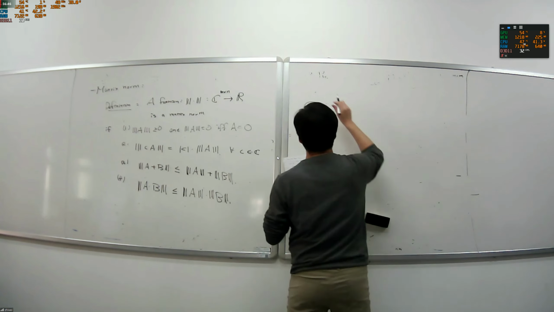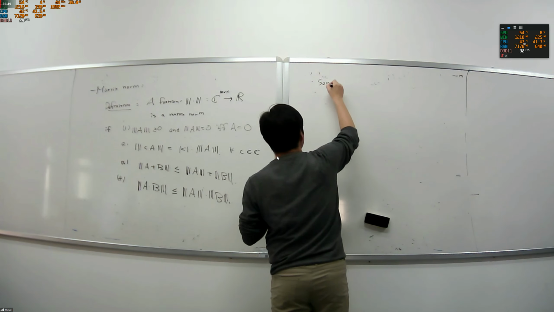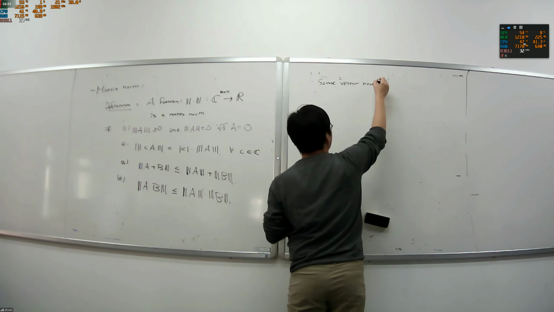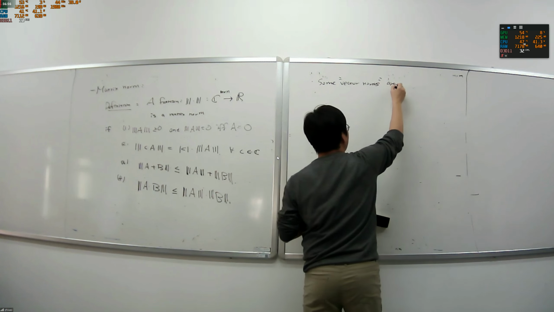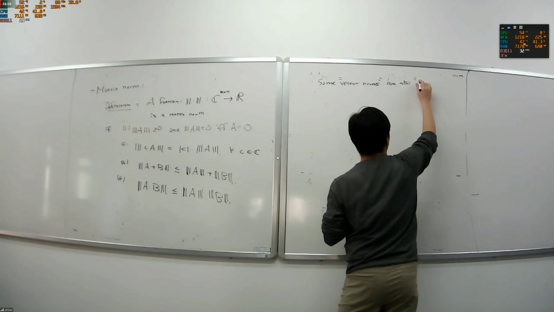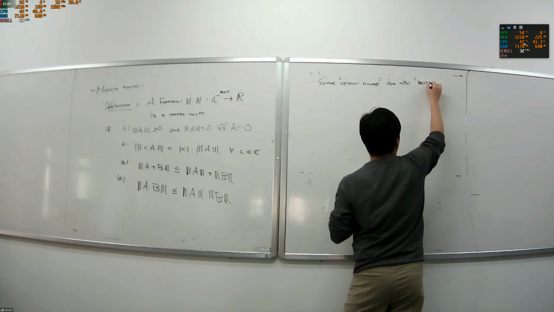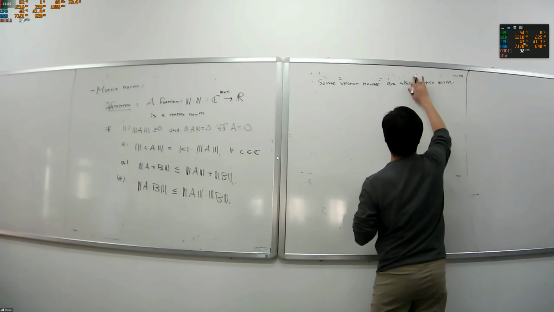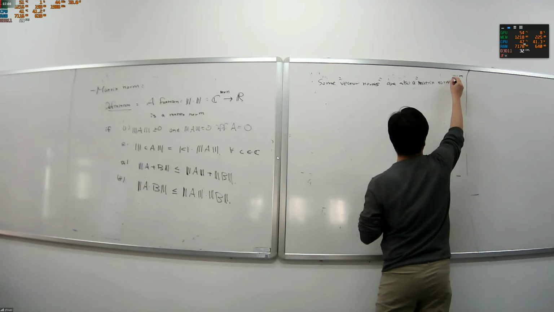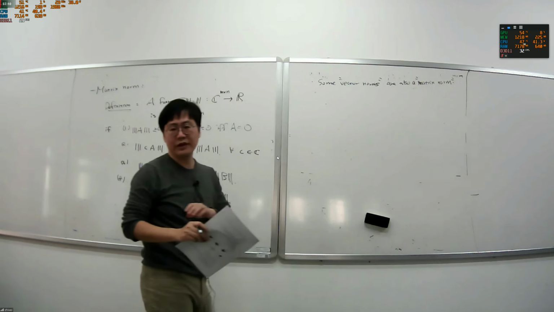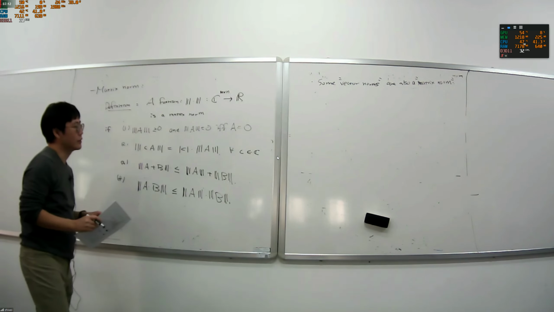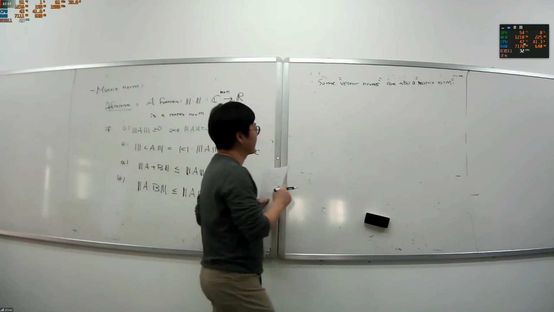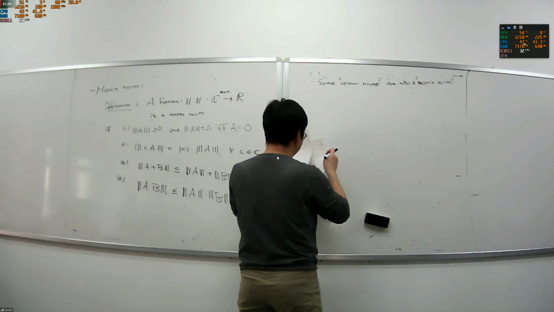An interesting property is that some vector norms are also matrix norms. Okay. Some vector norms are also matrix norms. So what do I mean? It means that if you have a matrix, right? For example,